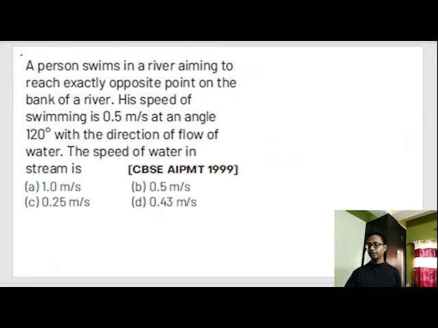And let's do the next one. A person swims in a river aiming to reach the exact opposite point on the bank of the river. His speed of swimming is 0.5 meter per second at an angle of 120 degrees with the direction of flow of water. The speed of the water in the stream is. That means